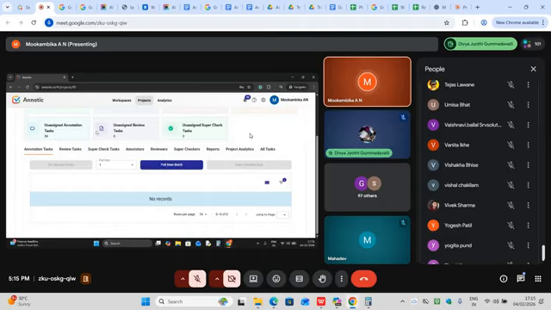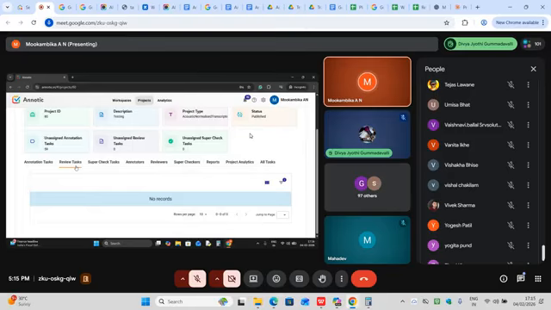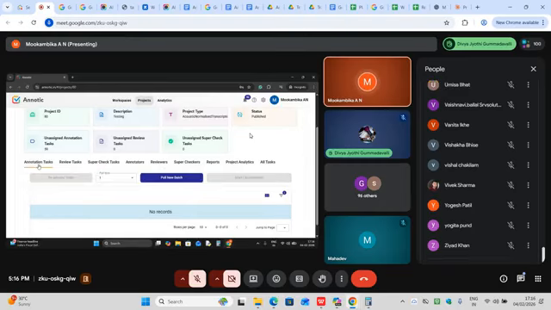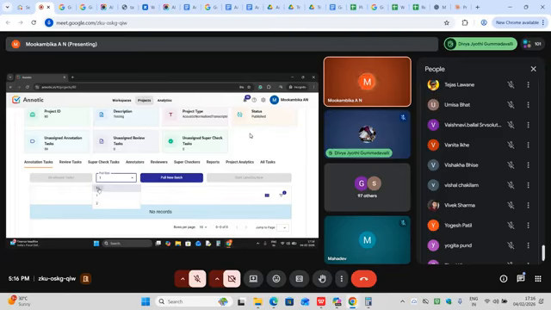What you have to do is, if you are an annotator, you need to click on this one, annotation task. If you are a reviewer, you need to click on the review one. If you are a super checker, you need to click on this one. As of now, I'm going to show the annotation task. You need to set the pull size. This one you need to select as 1.